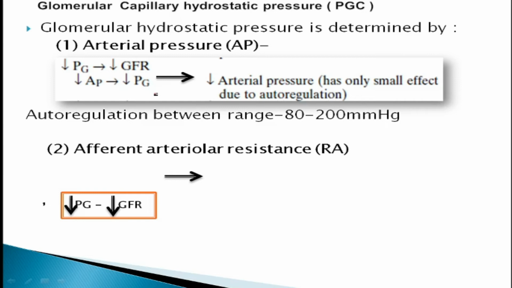Or in reverse, we can say that whenever there is a decrease in the mean arterial pressure, it will be reflected in a decrease in the renal arterial pressure. And whenever the renal arterial pressure decreases, the pressure in the glomerular capillaries will also decrease, leading to a decrease in the hydrostatic pressure of the glomerular capillaries. And when the hydrostatic pressure in the glomerular capillary decreases, obviously the GFR is going to decrease.